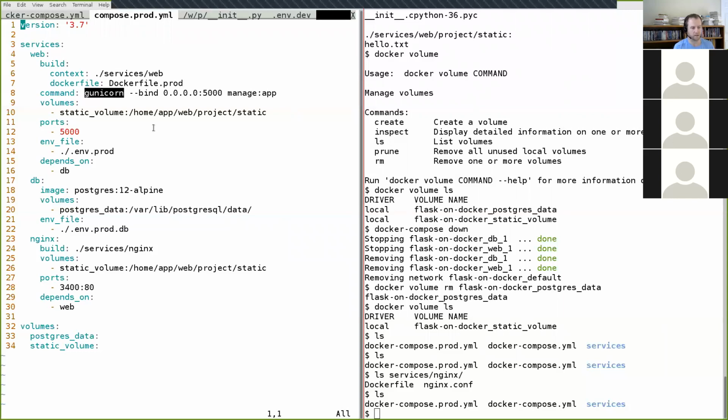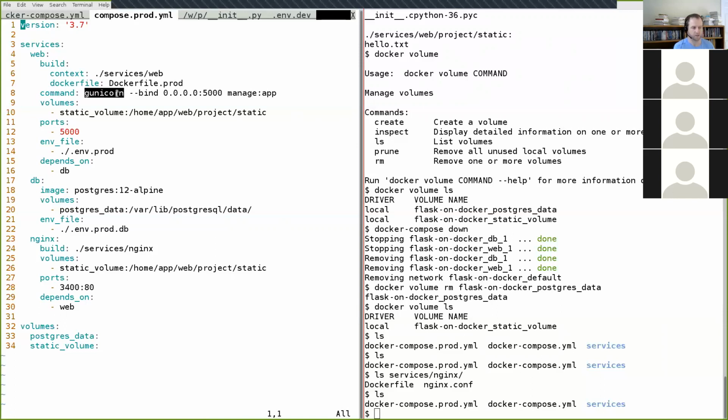Gunicorn is the web server that interacts with the WSGI Python framework, and it's significantly more efficient than how we were running Flask before with that development environment. The way that we were running Flask before, it's limited to having only a single connection at a time. So great for development, but very bad for production when you have thousands of people connecting every second. Gunicorn supports threading, supports multiple connections at a time, and so this is just a much better